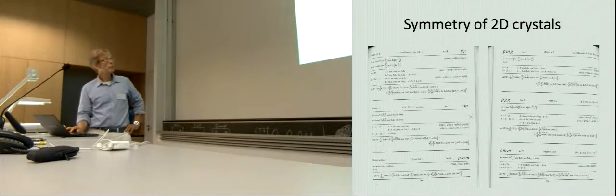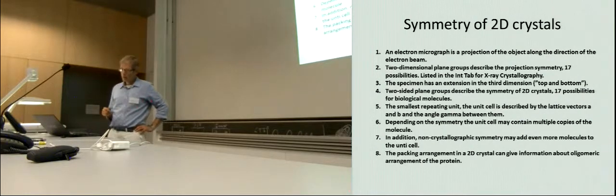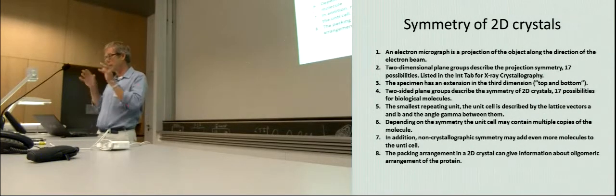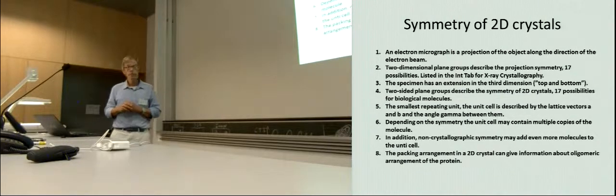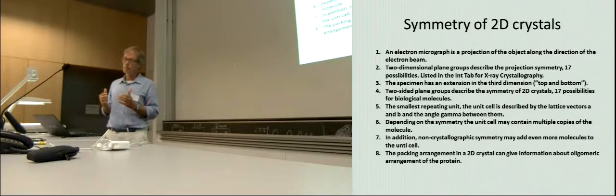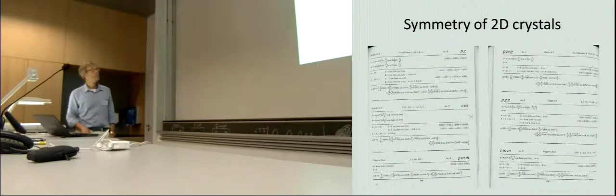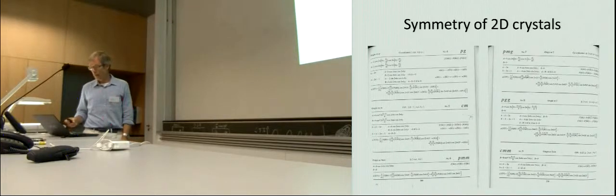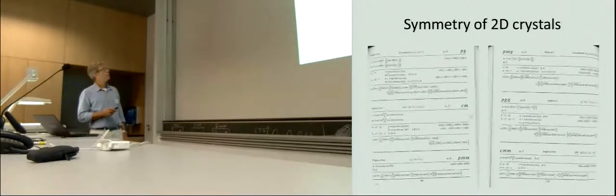So how to determine the symmetry? Well, we can look at the lattice parameters and the angle between them, and that will give some information, of course. And then one can calculate a map without any symmetry and get some ideas of what the symmetry might be. In addition, we can go to the international tables and look at the phase relationships in the particular plane groups. So for instance, here they have PG,